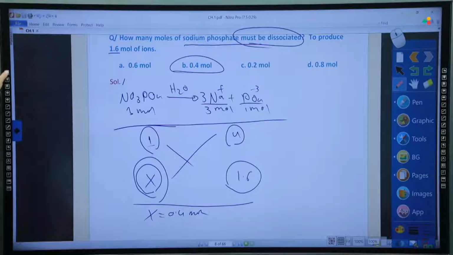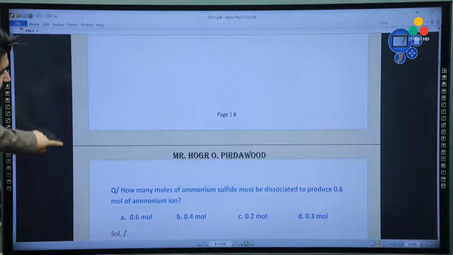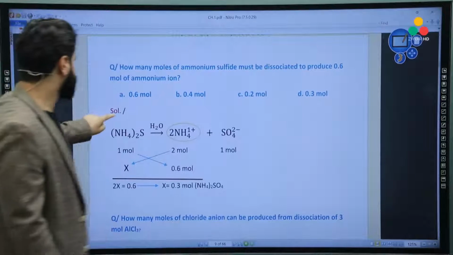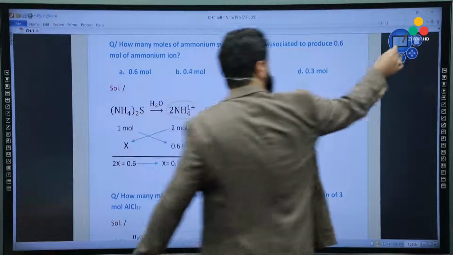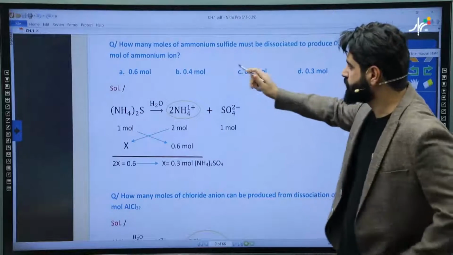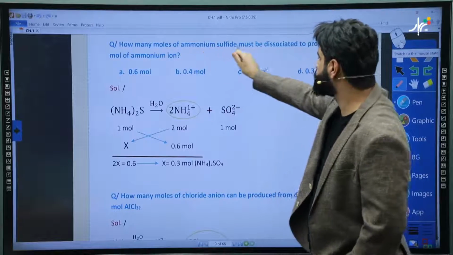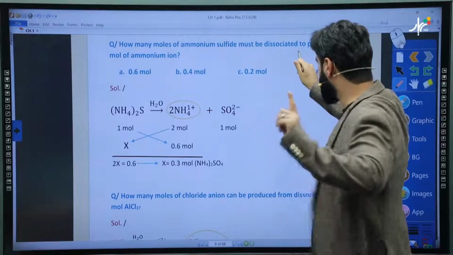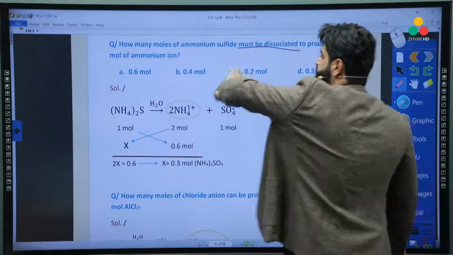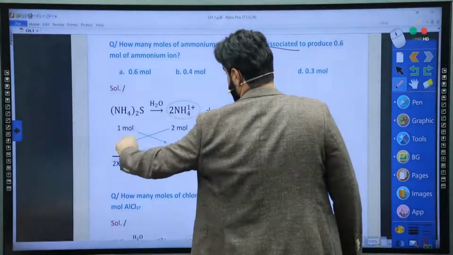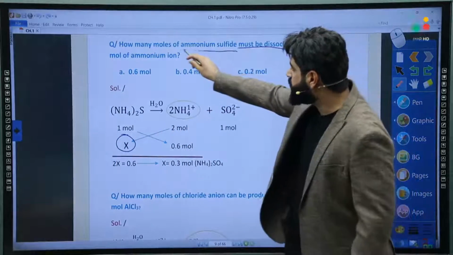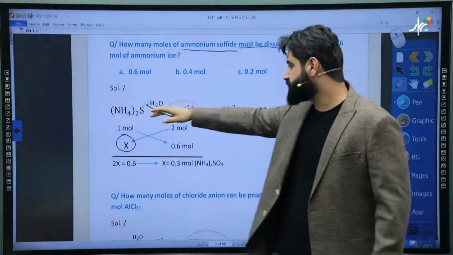Well, I want to see if we have more questions. If not, we're going to finish this lecture. Well, this is the last question, and by the end of this lecture, we're going to explain this question. Look, how many moles of ammonium sulfide must be dissociated? Hopefully you remember. If you see must be dissociated, that means X is on this side. So first step, point at your compound and write the dissociation for